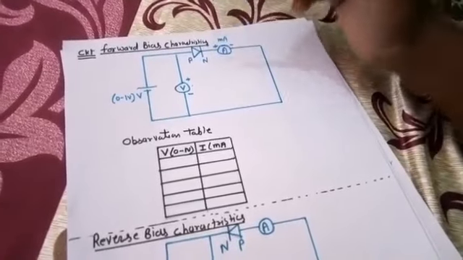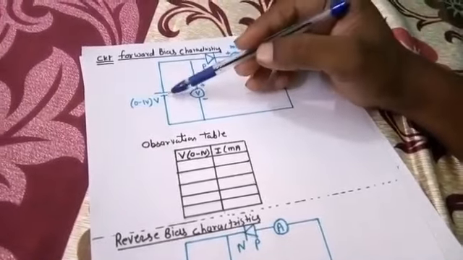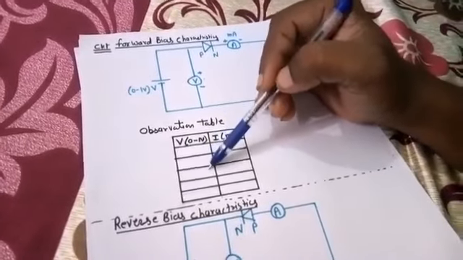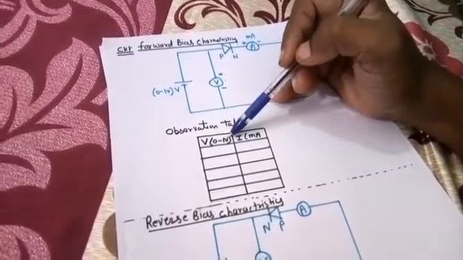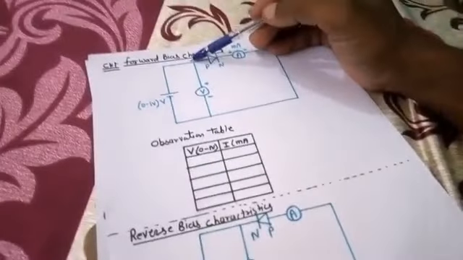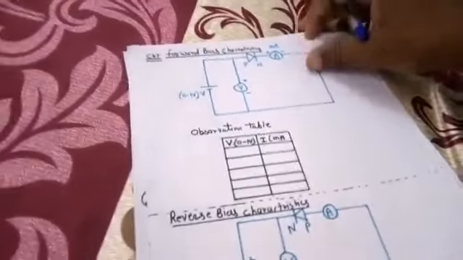This is called the forward bias. We will apply different voltage values: 0.1, 0.2, 0.3, 0.4, 0.5, 0.6, 0.7, up to 1 volt, up to 3 volts, and we will measure the current in a forward bias connection. In a kit we will see how the connection is done, but we have to design a circuit.